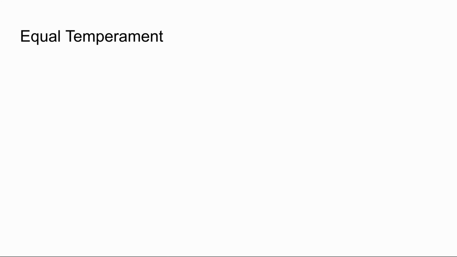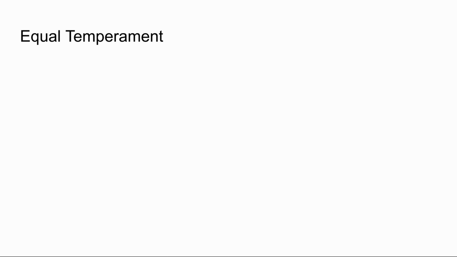We could combat these two problems by stopping at an earlier point, but either way, the music you could play in one key could not be played in all of the other keys. To accomplish this, we must use an equal temperament. Alright, we've made it to equal temperament. Before we learn what an equal temperament is, let's learn about what an equal temperament is not.